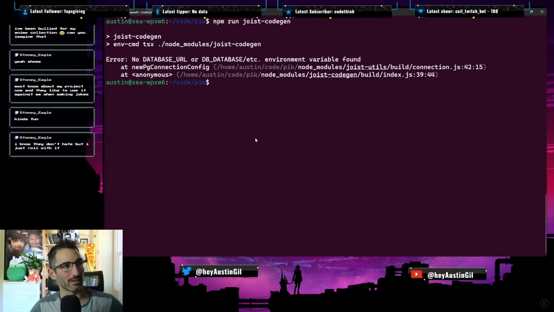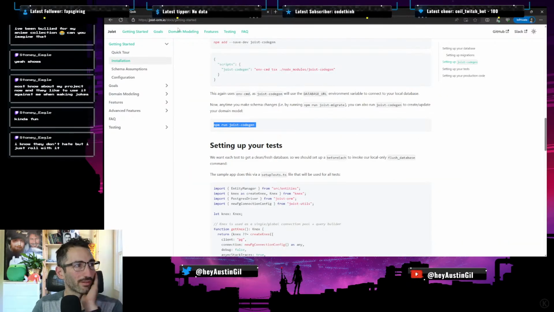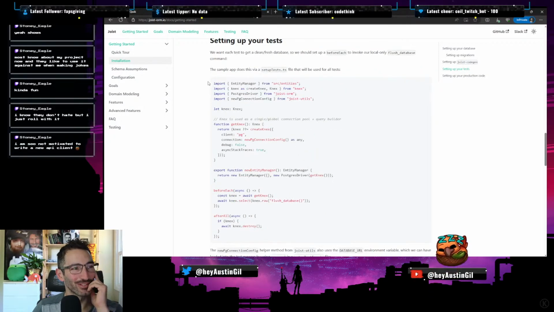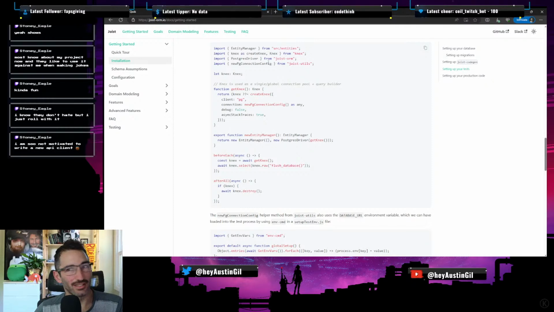Looks like it's working. Okay, no database URL or database environment variables found. Making progress. Slowly making progress. Let's do the configuration after all of the setup that doesn't quite work. Let's talk about setting up tests before anything else too. Sure. And for some reason, this is using connects. So